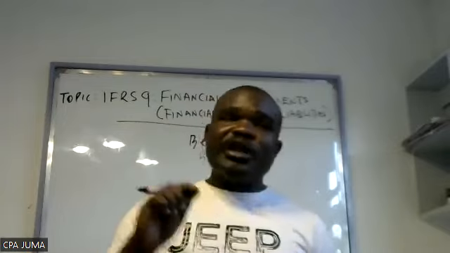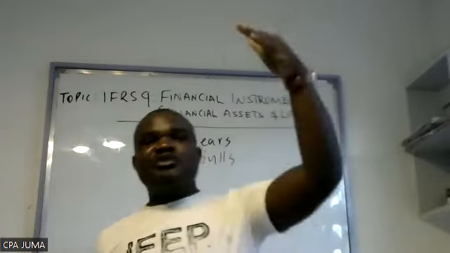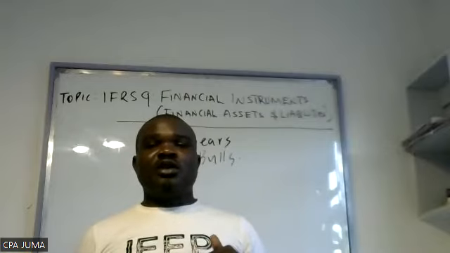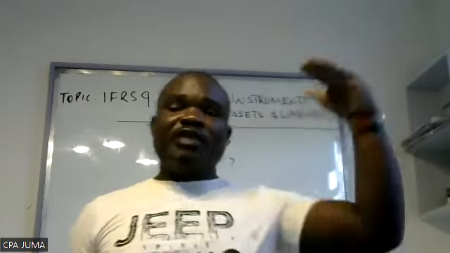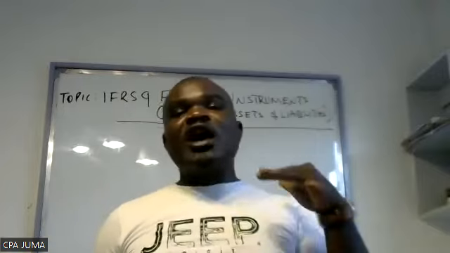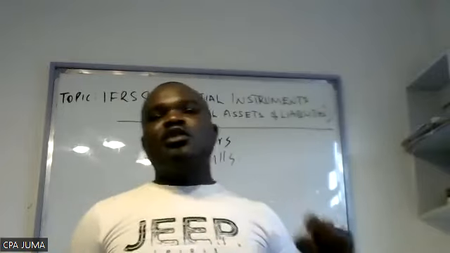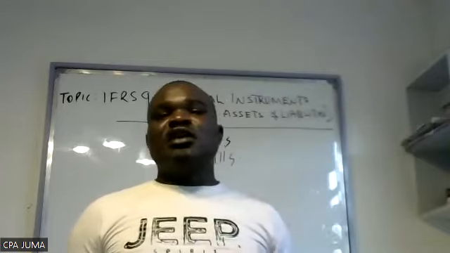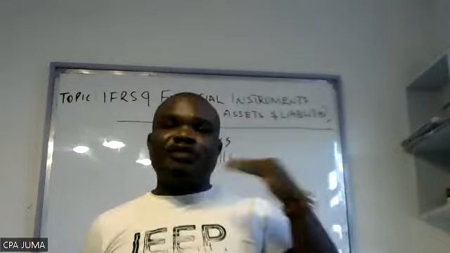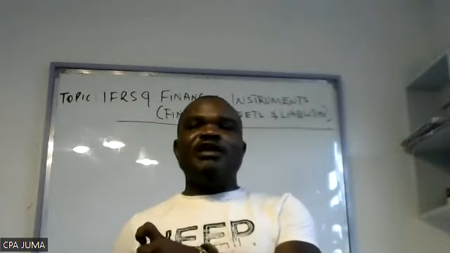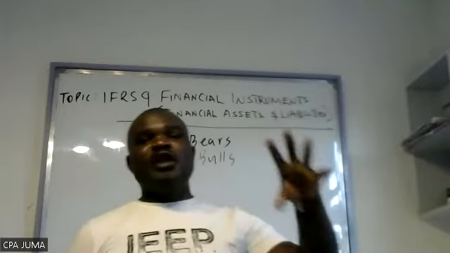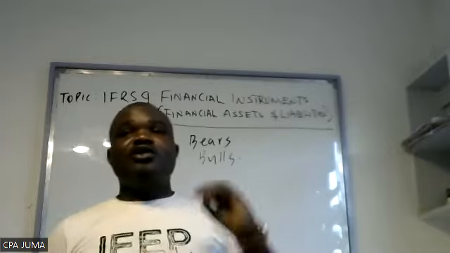When I talk of profit and loss account, it is that income statement before taxation. Any item recognized in the income statement before tax is said to have been classified in profit and loss. Whatever comes after that is said to be classified in other comprehensive. Whatever comes in P&L after taxation is called other comprehensive. Kindly note that down. So for short term, if they gain value or lose value, the gain or loss goes to the profit and loss, which comes before taxation.